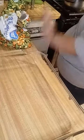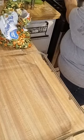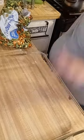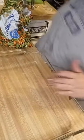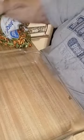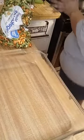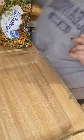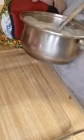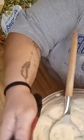4 of those. Alright, this is a pan I'm going to use, and I'm just going to lightly spray it, just so that way it's sprayed. Some cooking spray. Do you use it so it won't stick or something? Yeah. Alright, sorry, I'm left-handed, so